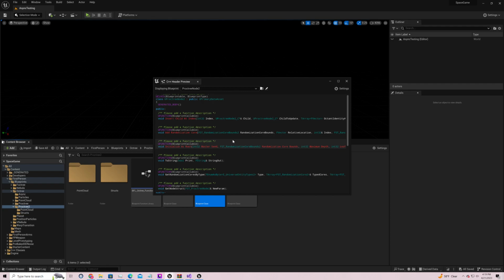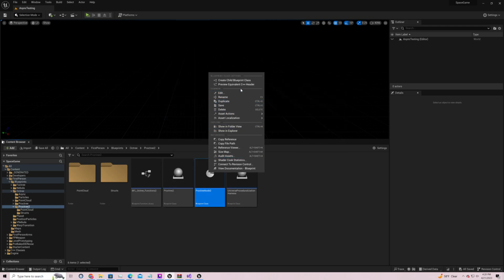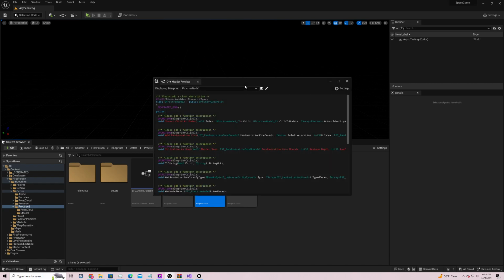So if I wanted to redo all this as C++, this would generate the header files. Will it generate the C++ files? Doesn't appear to. But this is actually useful.